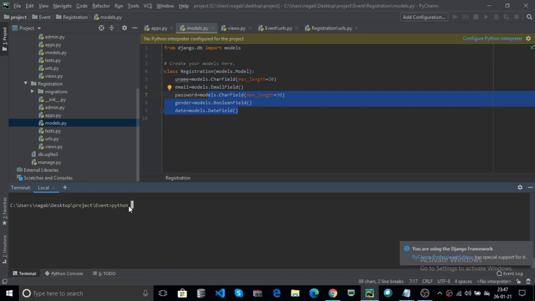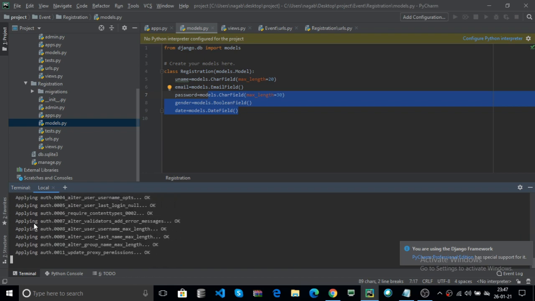Now how to apply the migrate? Python space manage.py. Here you can specify where your manage.py is. Here the event folder contains the manage.py. Here you can use migrate, like migrate, and hit enter.